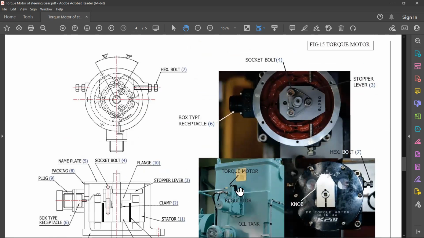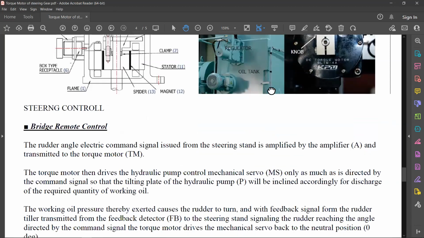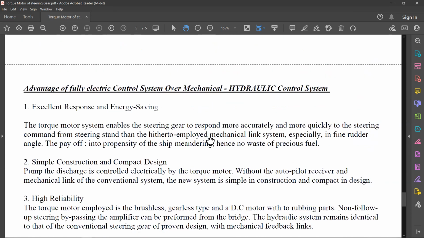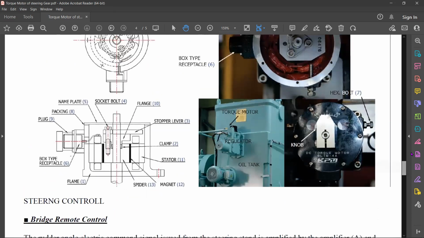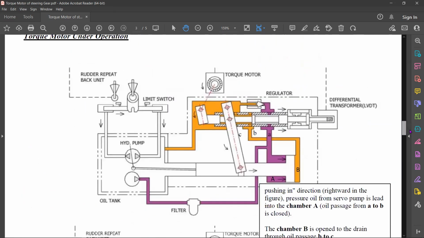So in case the linkages from the control system, this electronic control which is coming from the bridge, fails, then you can operate this locally by the knob system. So there are two controls. One is the emergency control for the torque motor, and then you have the control system, the electronic controls for the solenoid valves controlling the ram movement. Okay, this is again about the bridge control. When we talk about the changeover of the system for follow up, non follow up, we again talk about that. But this torque motor thing